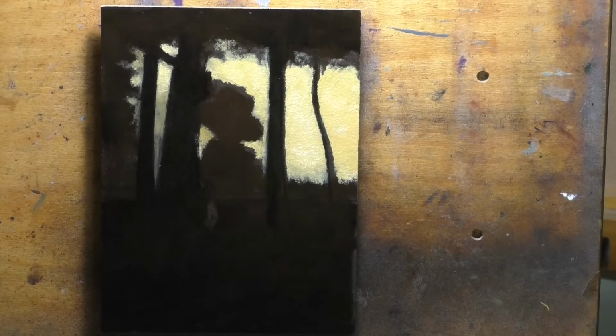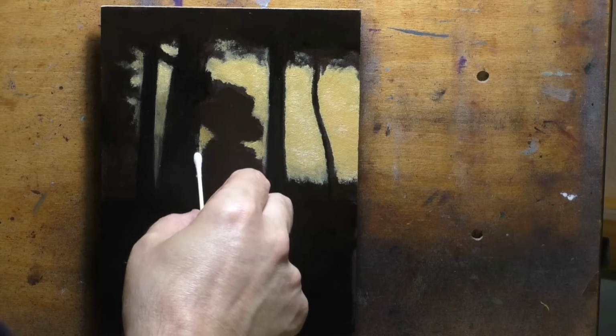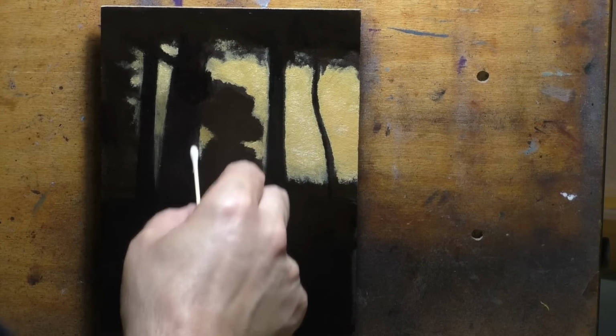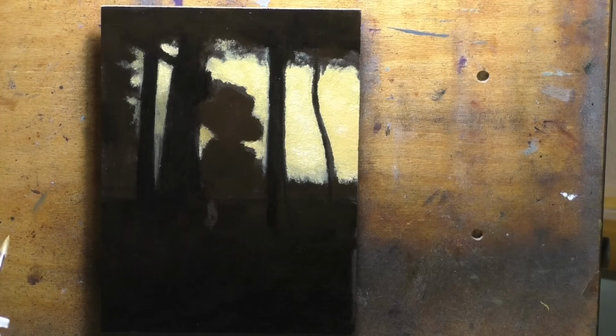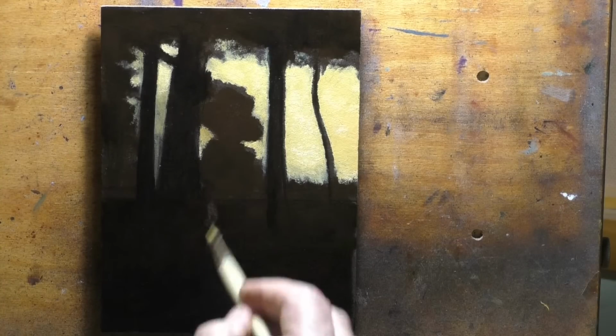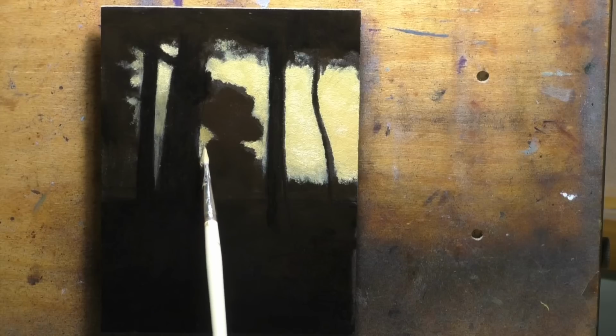Oh, I'm out of control. I'm losing it. It's okay. This isn't going to be that black. We're going to be painting a bit of a gray in there, but easy enough to get rid of it. I think I'm just going to bring in a touch of this, touch of the umber, and